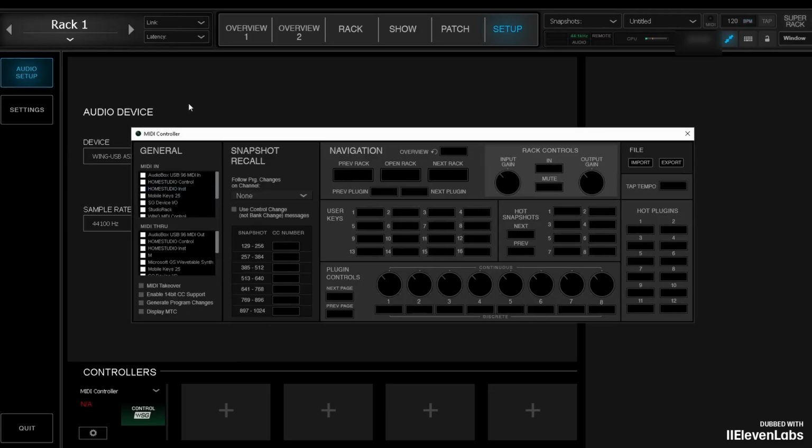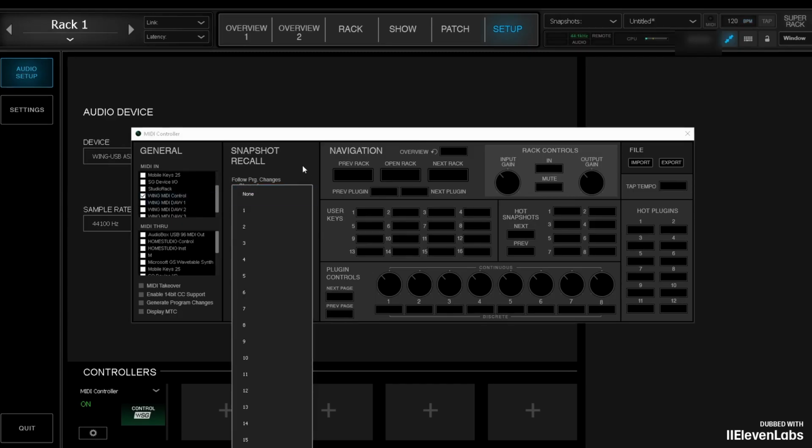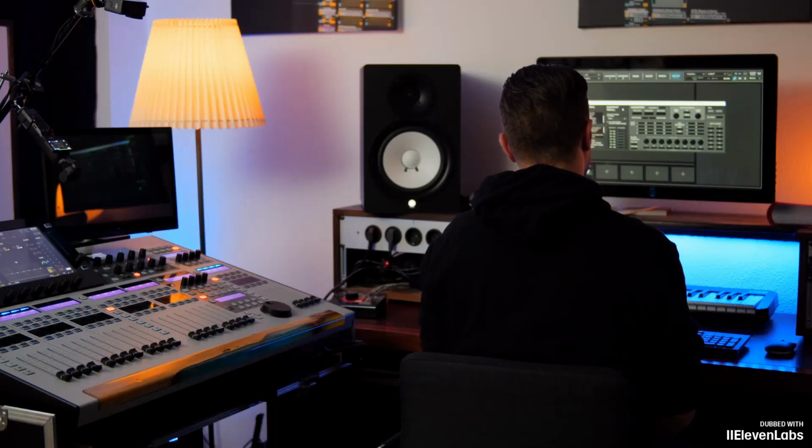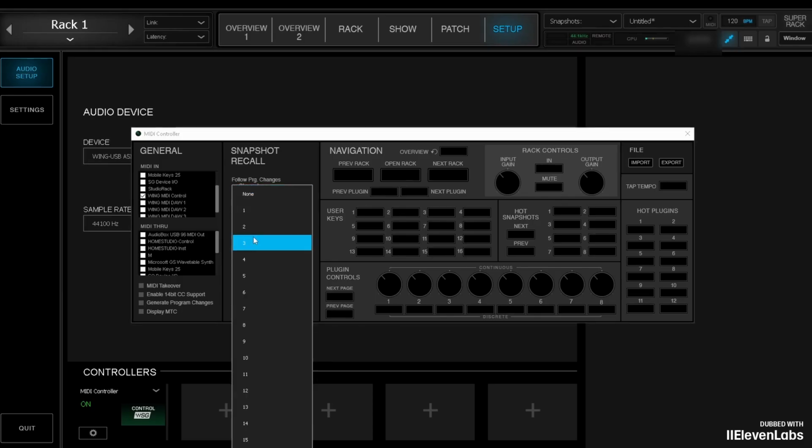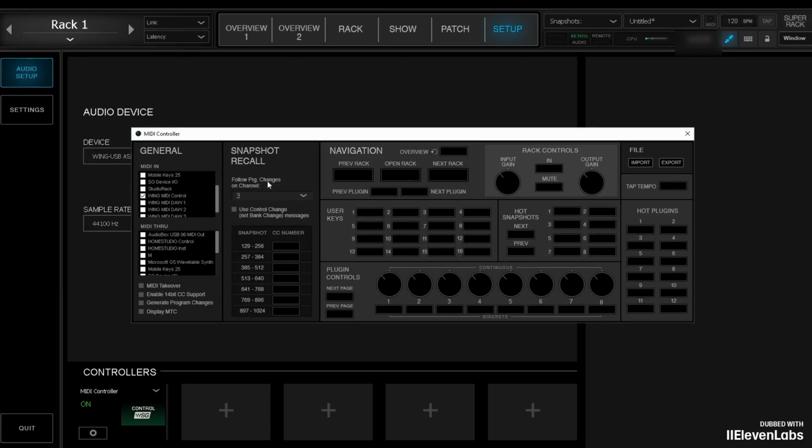On the left, I can now select where I expect my MIDI signals to come from at MIDI in. In my case, I am choosing Wing MIDI control here, because that is the MIDI device provided by the Wing driver. Over here, I can now select what address the device should have. In the entire MIDI network, every device needs its address to which I can later send commands. In my example, I'll just use MIDI address 3 to show you how it all works together.